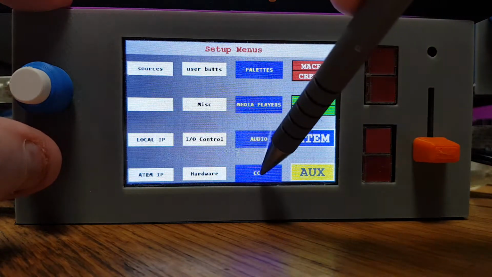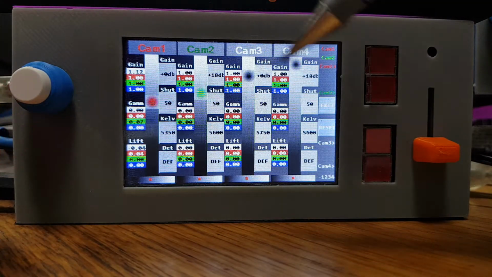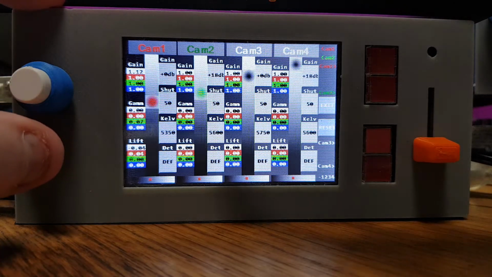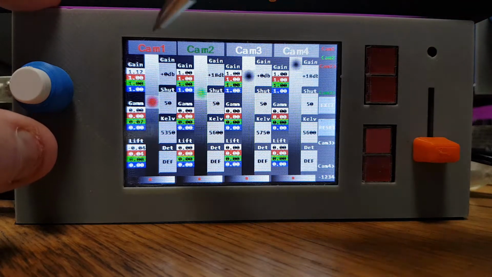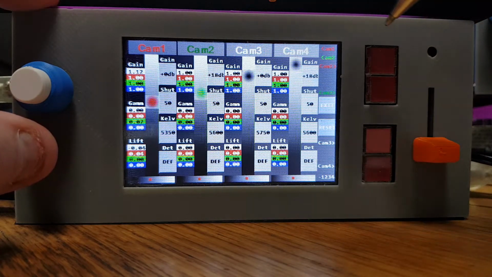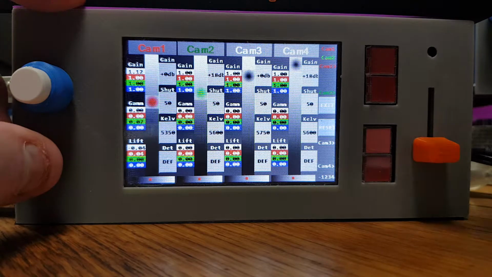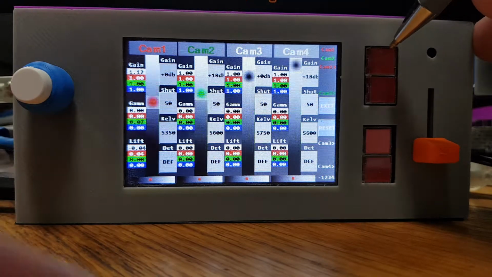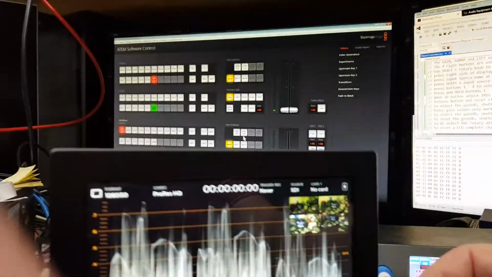So just go back into CCU Control here. I'm rushing through this stuff. I'm probably going to miss a lot of things, but we'll get to that. Now, with the controls for each camera, you have the ability to select the camera you want. What this does is, if you look up here, on the aux bus